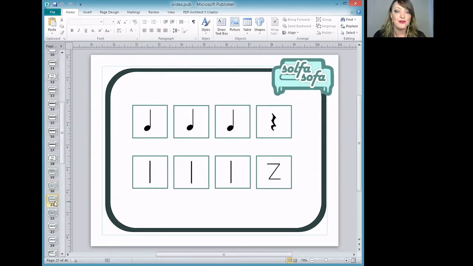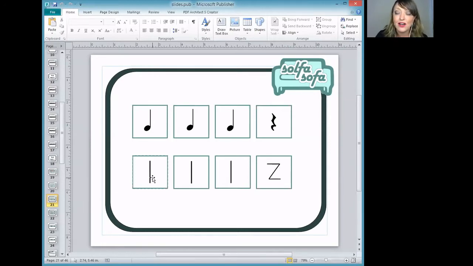We also have a rest. In traditional notation, a rest is this squiggly line right here. In our Sofa notation, we are using a simplified version. It just looks like a Z. Now, a rest still gets a beat. We have been clapping a ta, a quarter note. A quarter note gets 1 beat to the tempo.